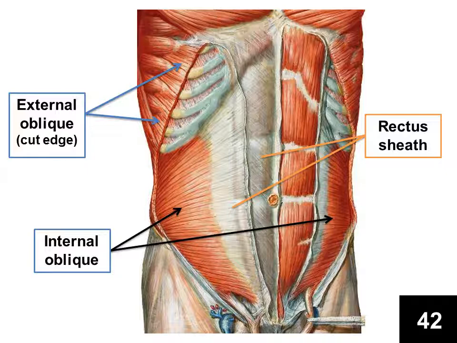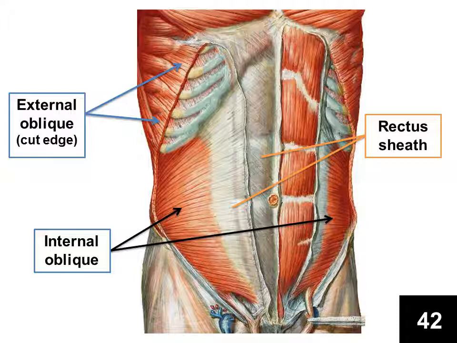It will unite with the external oblique and pass in front of the rectus abdominis, while the lower quarter passes behind the rectus abdominis and fuses with the aponeurosis of the transversus abdominis, which passes behind the rectus